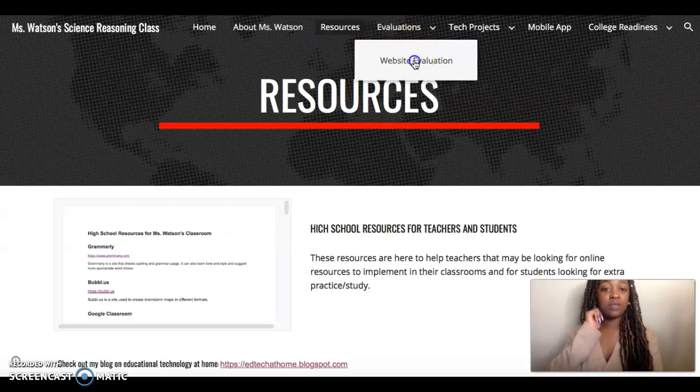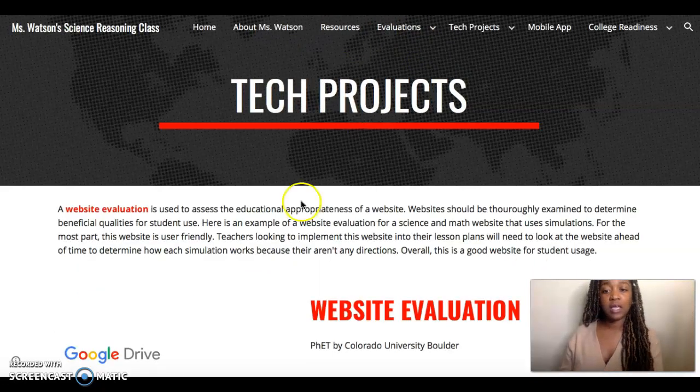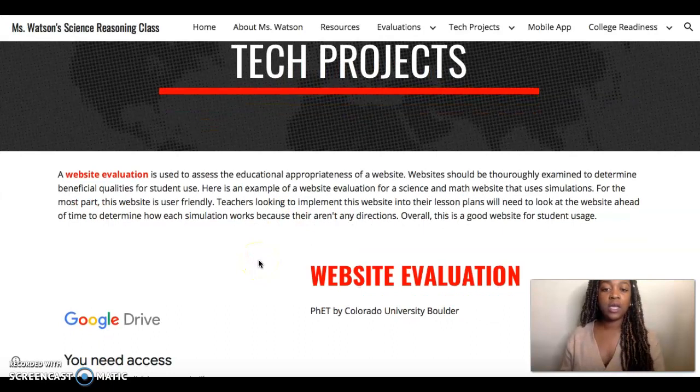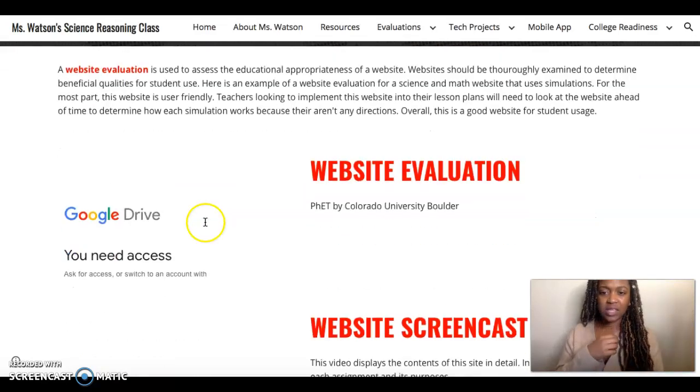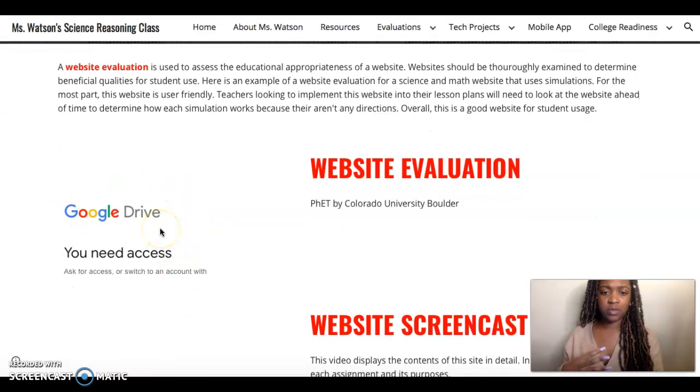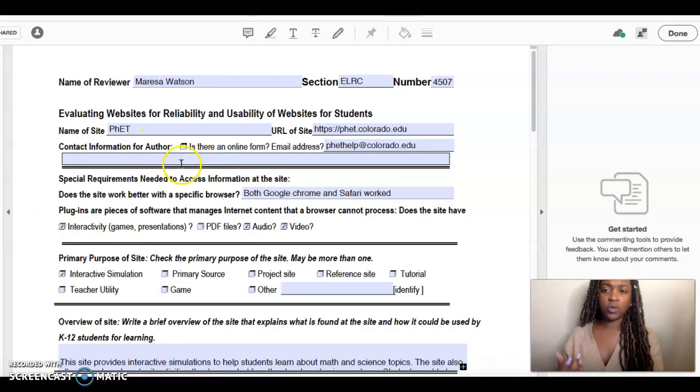Okay, so the next page I have is website evaluation. Here I completed an evaluation on a website that can be used for students to help them in science and math, and it uses simulations. For some reason this one isn't pulling up, so I'm just going to show it here. The name of the site was, I'm not sure how they pronounce it, PHET or PHET. It's basically by